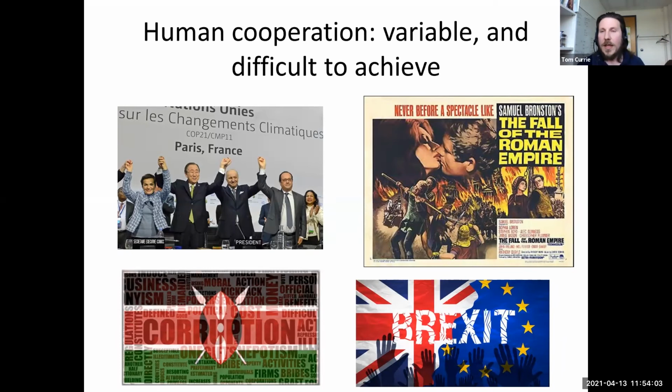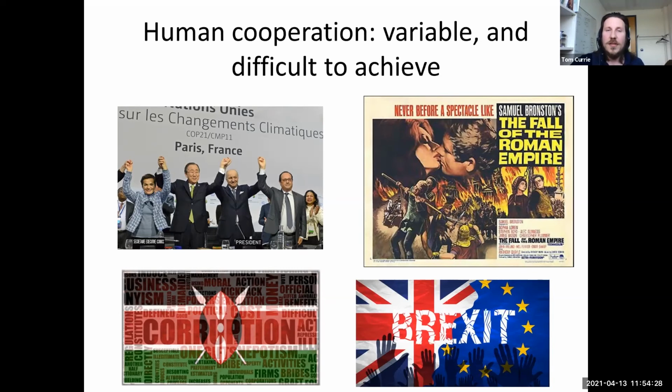And actually, human cooperation, large-scale organization, is very difficult to achieve. Anybody who's ever tried to organize more than a few people to do something knows it's very, very difficult, especially if they're academics. It's like herding cats most of the time. So it's difficult to do, but we think the key to how it is achieved